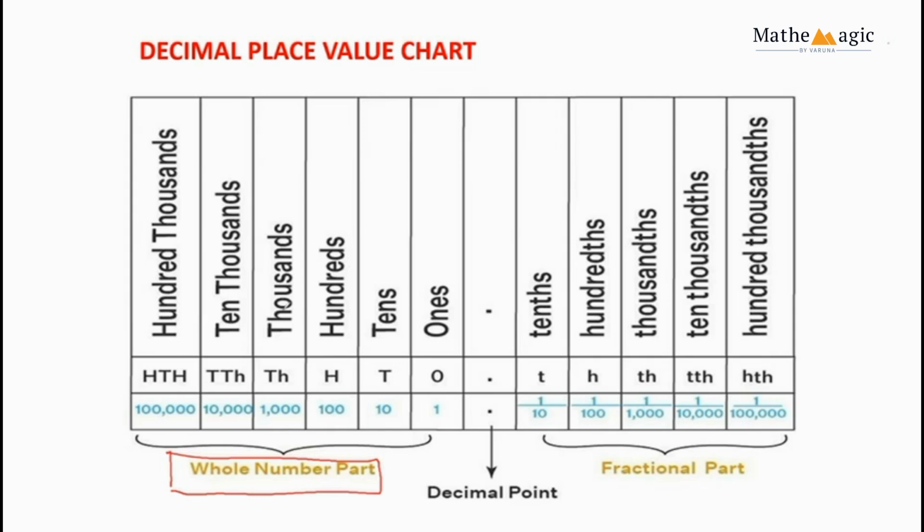Now, we know that in a decimal number, we have a whole number part, we have a decimal point and we have a fractional part. So, the whole number part has the same place value chart. Now, the fractional part has a different place value chart, and what it is, is that a number which comes after the decimal. Say if I have 345.481. The first number after the decimal, over here 4, has place value tenths. It is at the tenths position.